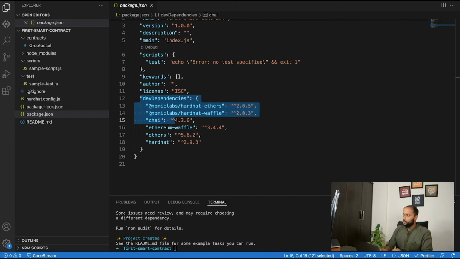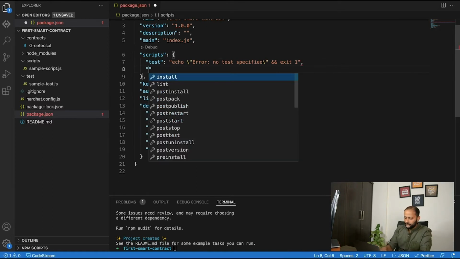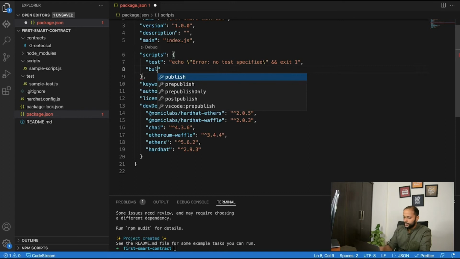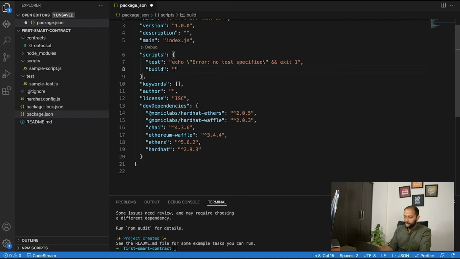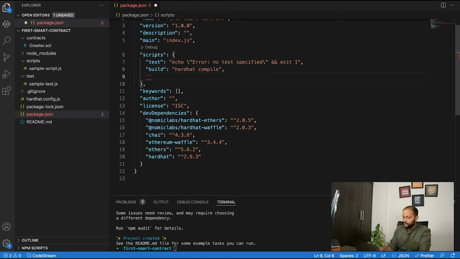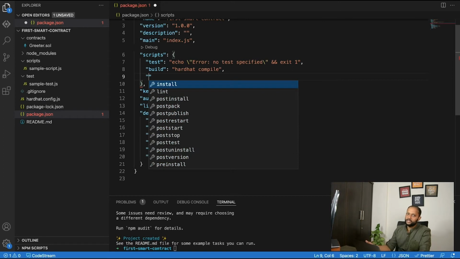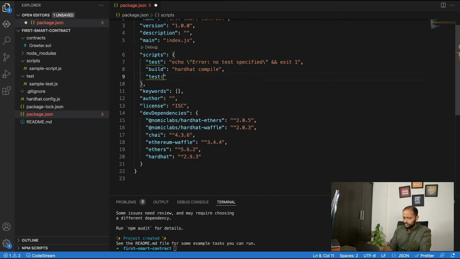But quickly, what I will do is write down a few scripts here, right? So the first script is going to be a build script, right? So the build script will basically allow us to compile the Solidity code that we add. So it will be like a hardhat compile. And then similarly we'll have something called test waffle. Now test waffle is where we'll be testing out our Solidity code, right? So test waffle,